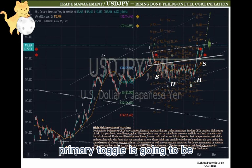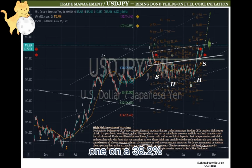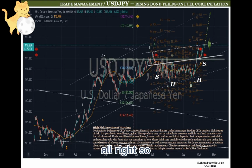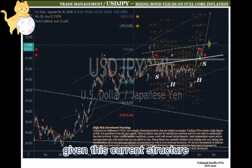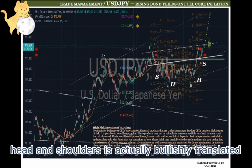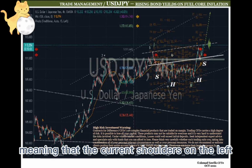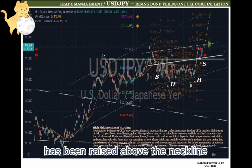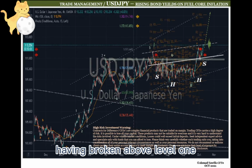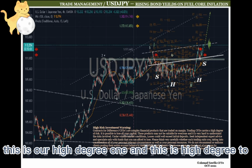First primary target is going to be at least, of course, 138.2% above level 3, which is 114.74 or 115. All right. So given this current structure, we have, of course, broken out of that inverted head and shoulders. This head and shoulders is actually bullishly translated, meaning that the current shoulder on the left has been raised above the neckline. There aren't going to be any more shoulders down to that neckline because we have already broken above that dashed neckline. Having broken above level 1, this is now higher degree 1 and this is higher degree 2,